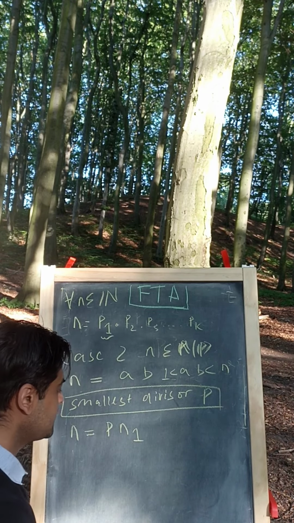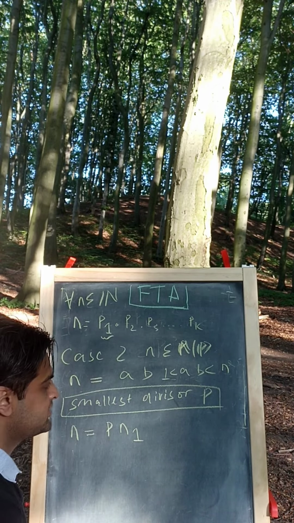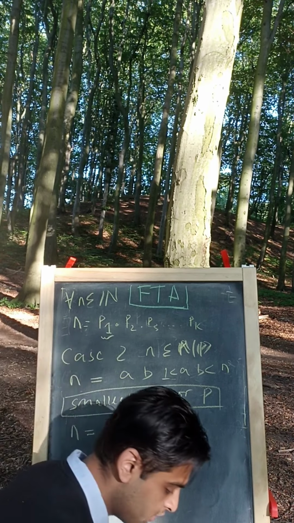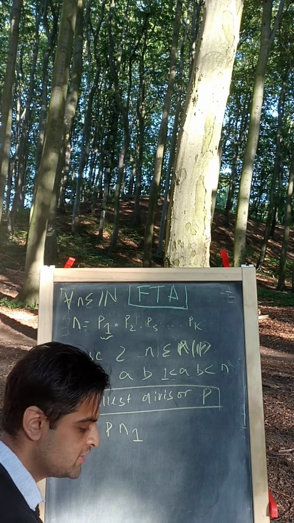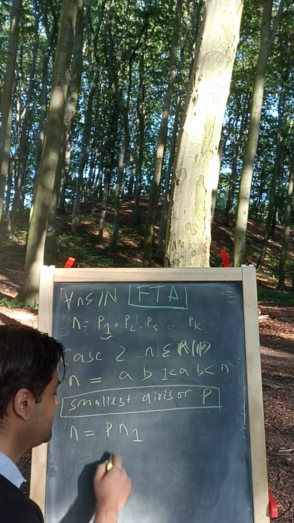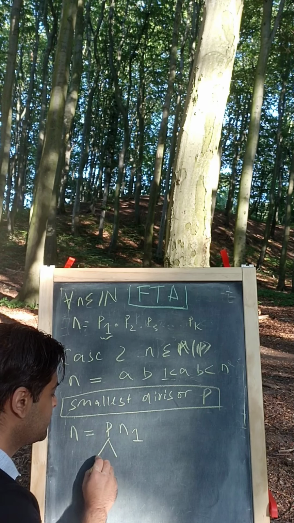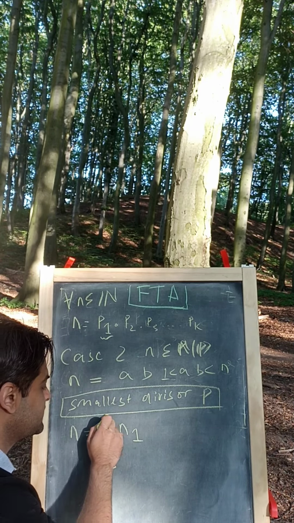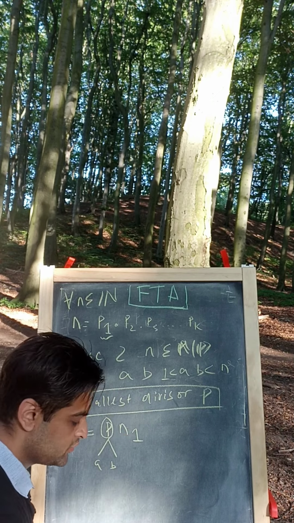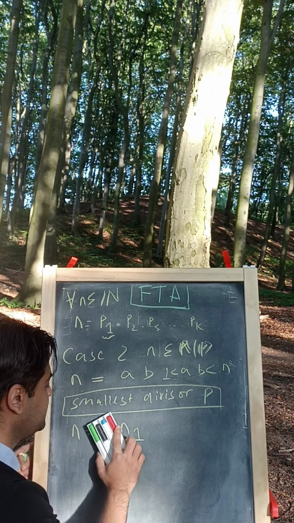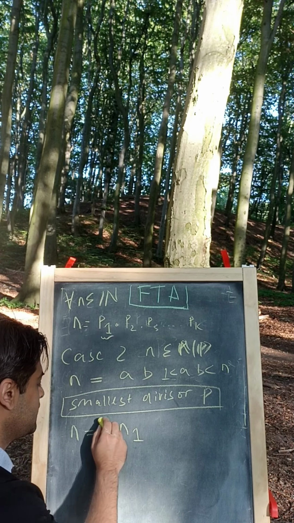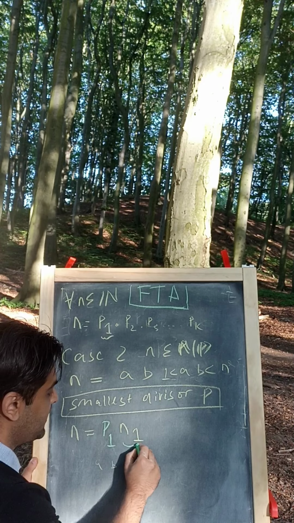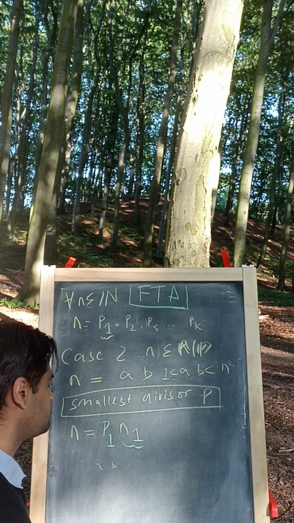Because p is the smallest possible divisor of n, because of that it must be a prime number, because if it weren't, then that would mean that p could be further broken down into a and b, which would contradict the fact that p is the smallest divisor of n. So we have that p1 is now a prime number, and n can be written in the form p1 times n1. And we will now